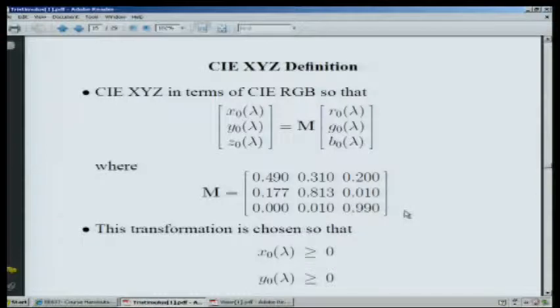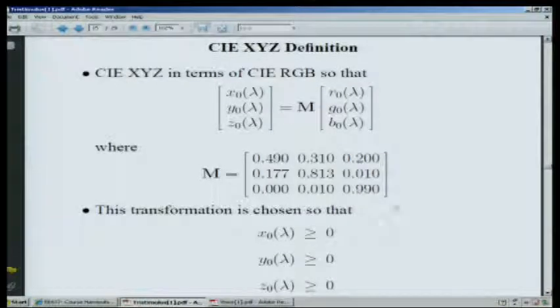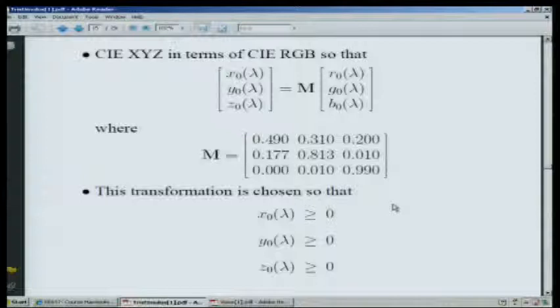Okay, so if you plug these in, miraculously it will come out that the color matching functions are greater than or equal to 0 for every lambda between 400 and 700 nanometers. And this thing's constructed that way. Furthermore, if the original color matching functions have unit area under them, then the new color matching functions will also have unit area. And the way you can show that is that,